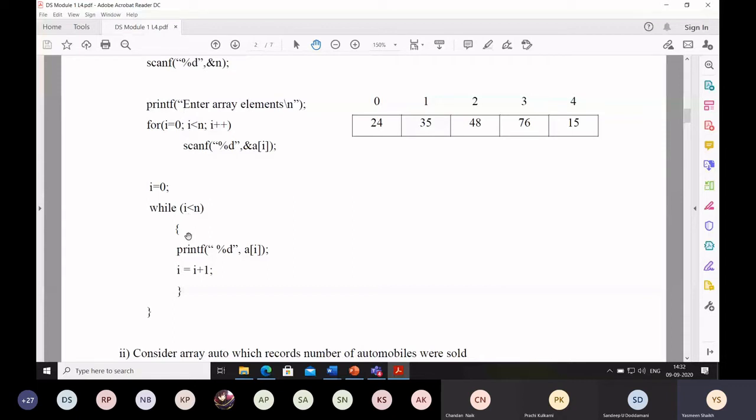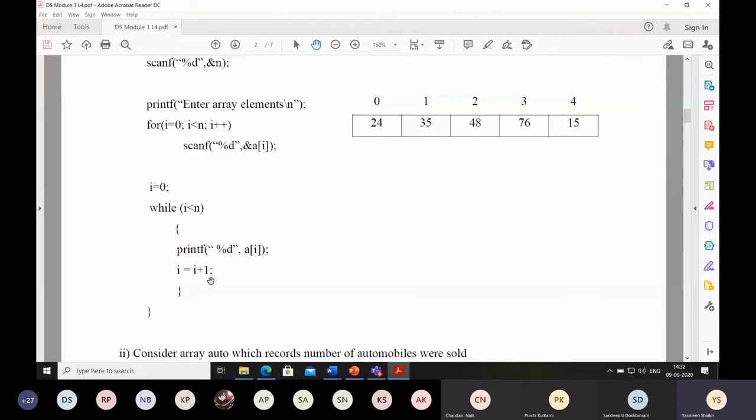The condition is true, so the control enters the while loop and here we will print A of I. A of I means A of 0. What is A of 0? It is 24, so 24 will be printed here. After printing A of 0, I will be incremented and become 1.